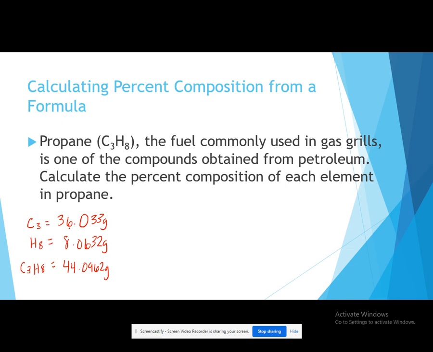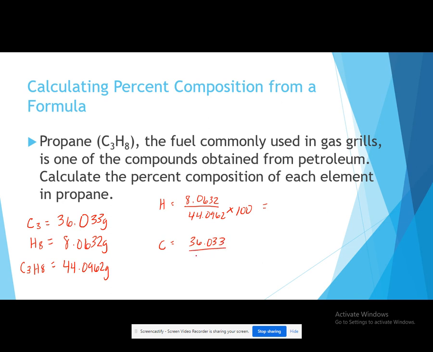44.0962. Now, if you forgot how I did these, go back to that molar mass section and look how we calculated those. So then what you can do is, just like the previous example, take these masses and divide them. So if you were trying to find hydrogen, it's going to be 8.0632 divided by this 44.0962 times 100. And carbon is going to be the